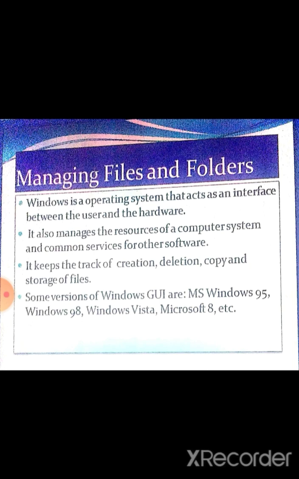Second point of this chapter is features of Windows 7. Under this topic, we are going to learn about some features of Windows 7. Though we had already completed this topic in class 4, let's revise it. The first feature of Windows 7 is that it is easy to use and learn. It is faster, more reliable and secure. Here the word reliable means we can trust the result given by it. Means the answer is accurate whatever we get on the desktop or output device.